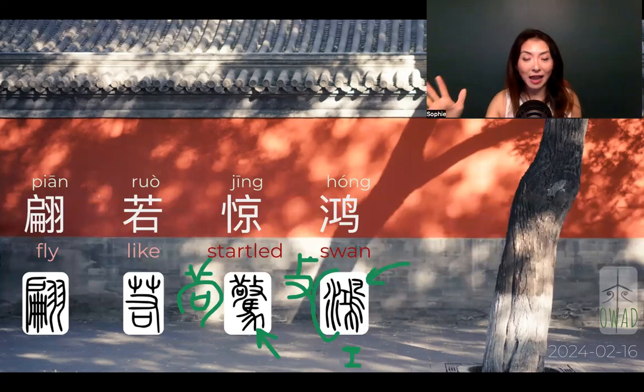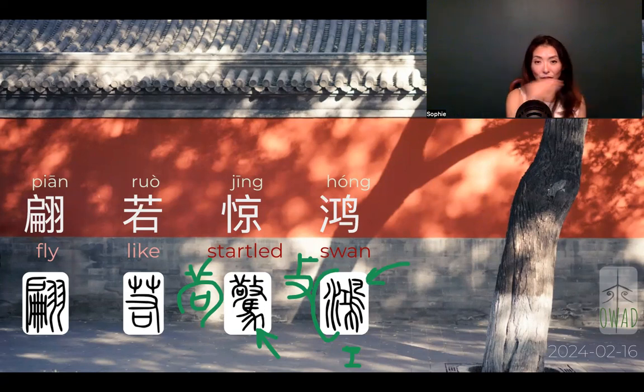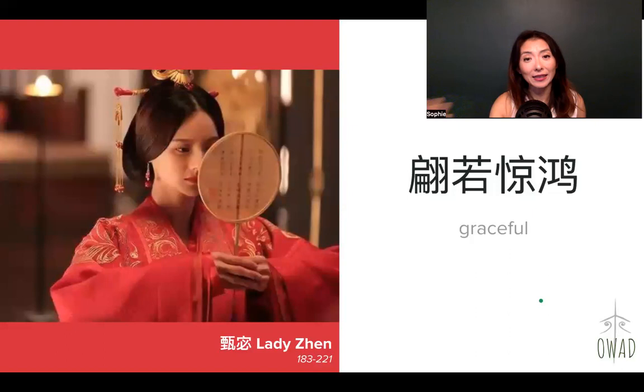And this 翩 has this flowiness, this airborne gliding quality, this evenness, this gracefulness. And I translate it as graceful. When we talk about graceful, it's the closest English I can come up with, but it doesn't give you the rich imagery contained over there, as I explained earlier. But 翩若惊鸿 is the starting phrase from a poem